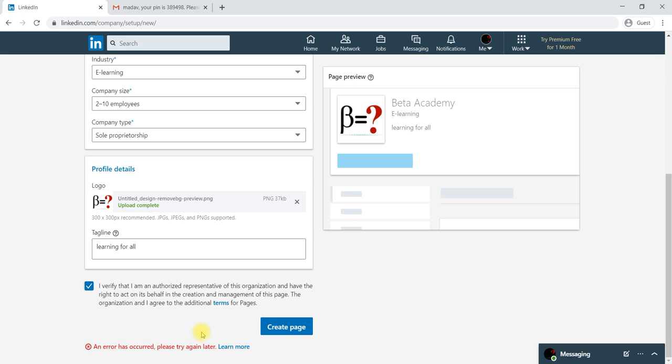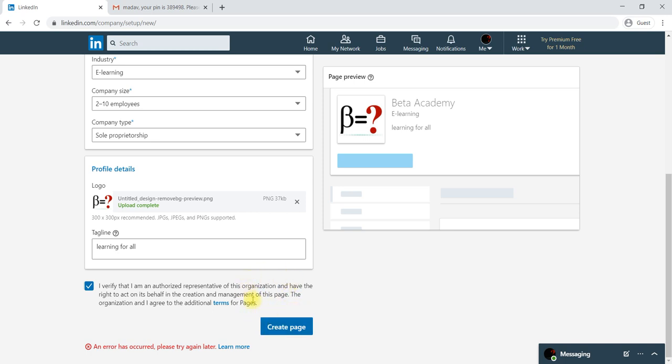Intentionally I created this to show that particular error, because many of you will get an error because of your connections; in the sense, your network is only one. So we need at least 30 connections to create a page.